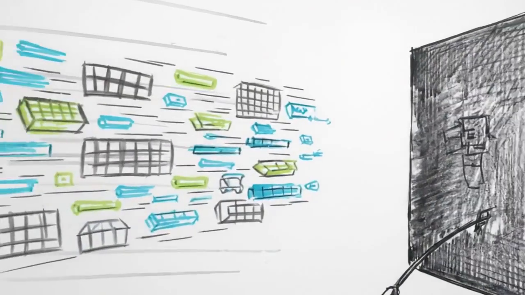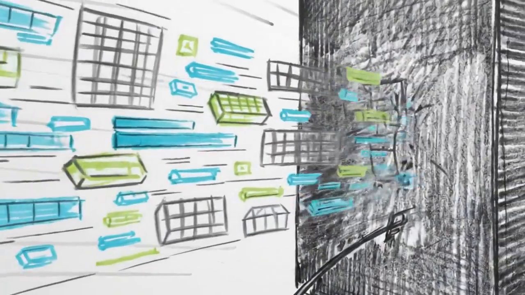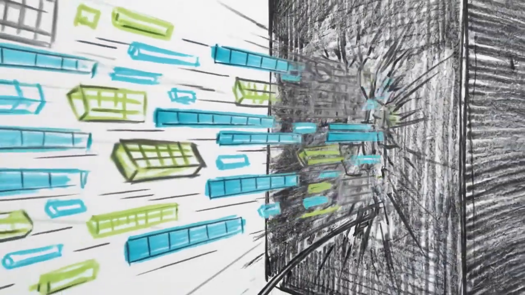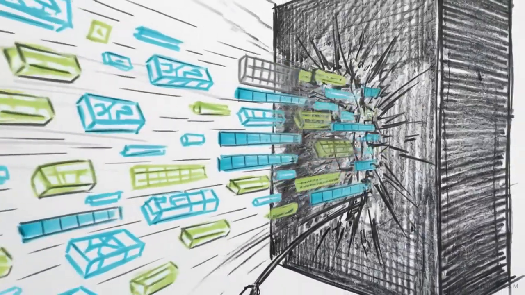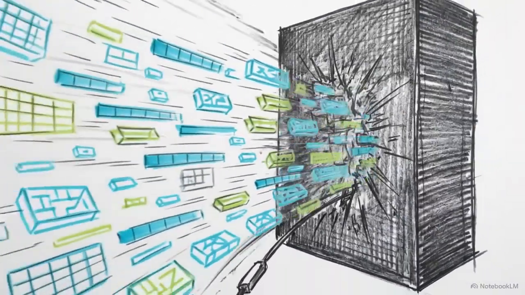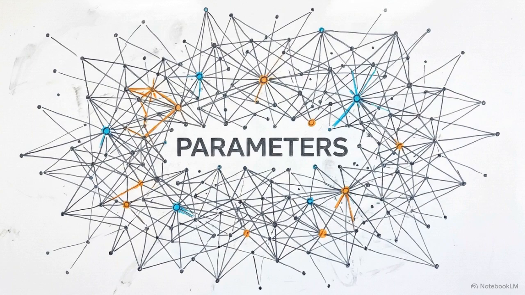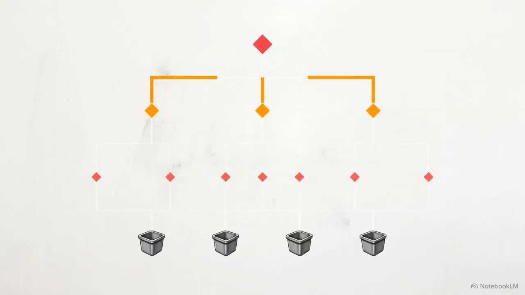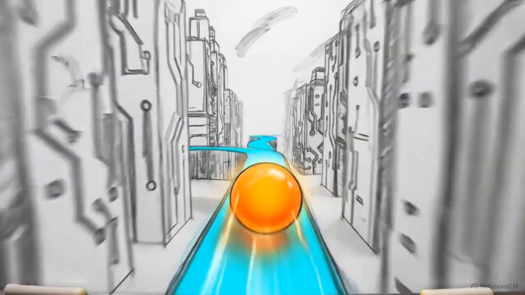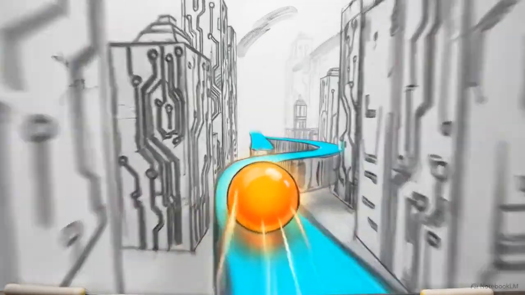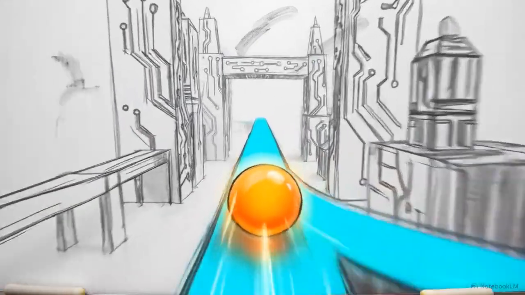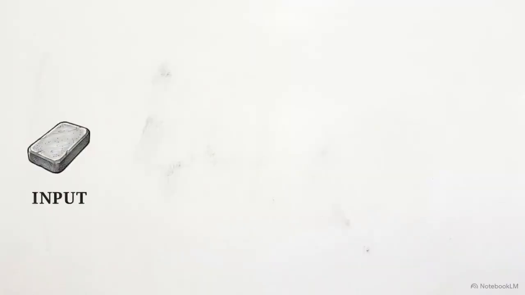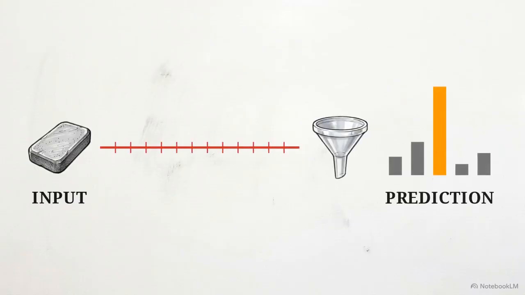That keystroke triggers a deterministic mathematical pipeline, shattering the text into a numeric stream that flows through 96 sequential processing blocks. It manages 175 billion preset parameters, a fixed vocabulary of 50,000 terms, filtering queries through a multi-layered hierarchy. To see how these systems actually function, we must trace the step-by-step data flow of a single query, from the initial input to the final statistical prediction.